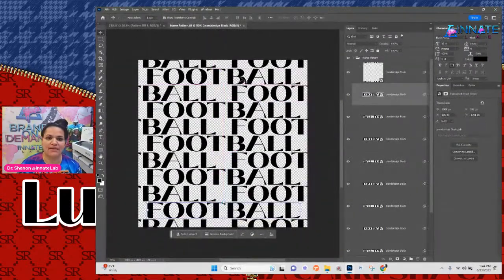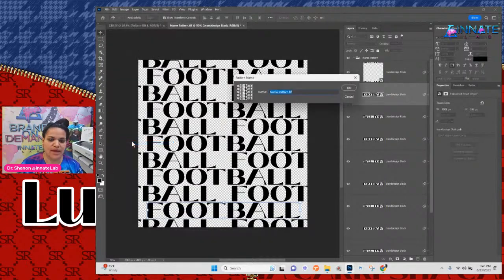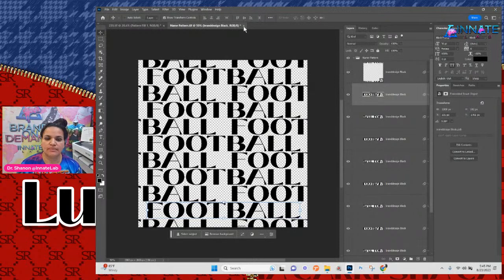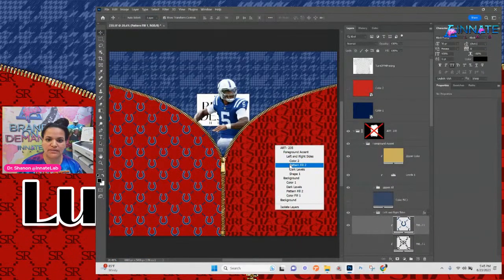This is not a pattern yet. In order to make it an actual pattern, I need to go to edit and define pattern. And I'm going to name this one football text. Hit OK. Close out of this, and now I can say yes to save. All right, and where my previous pattern is,